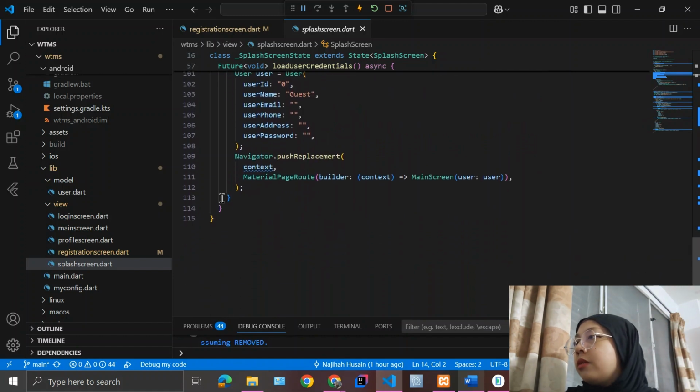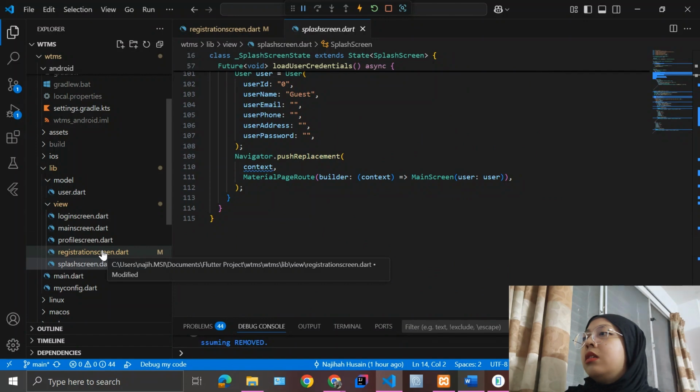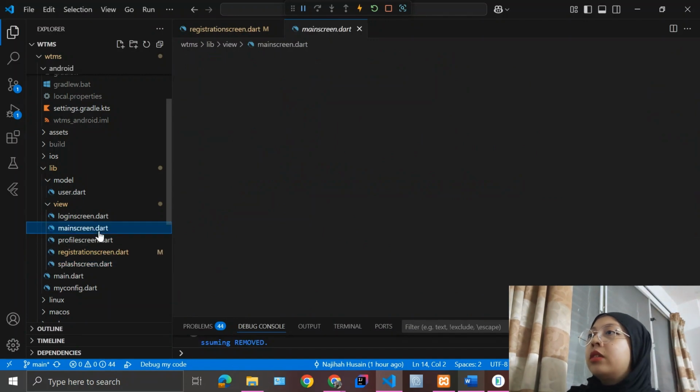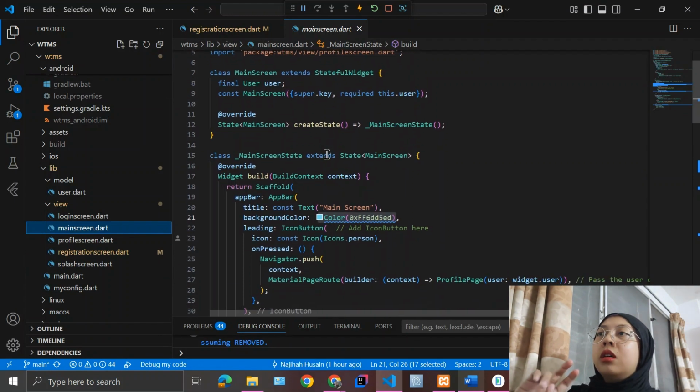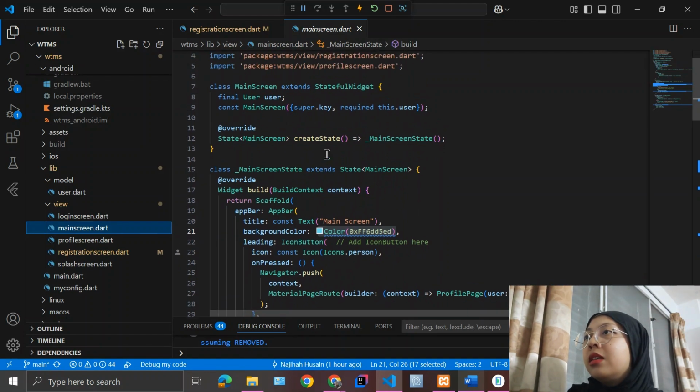And then after that we're going to see the display screen to the main screen. So we go to the main screen, right? On the main screen it will give you two buttons, which are for the login part and also for the register part. So for the main screen first, you can see here that